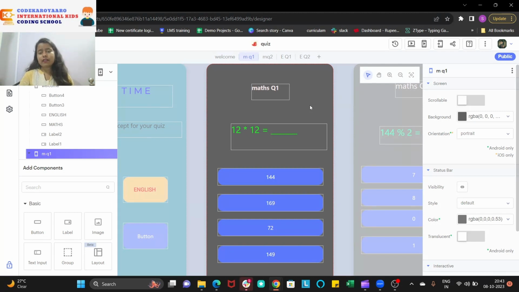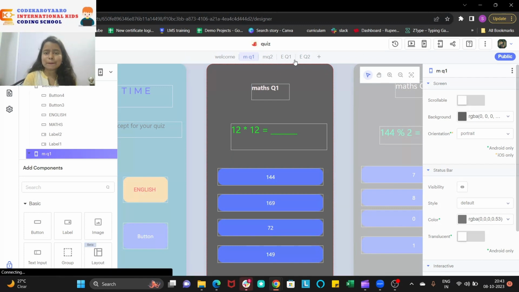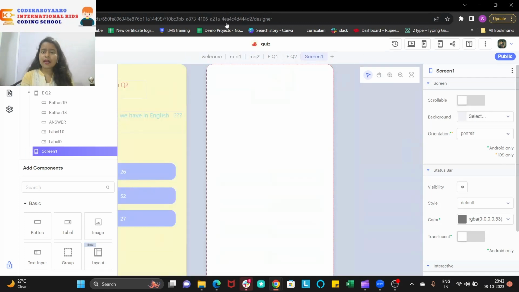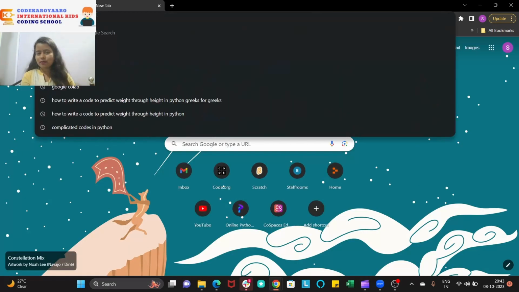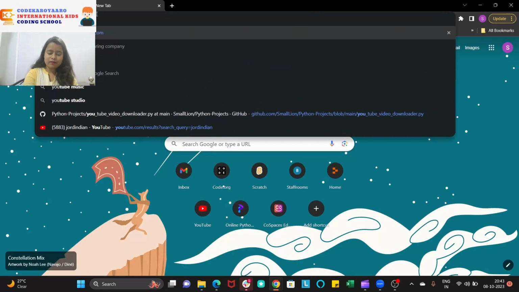Now the next thing we have is updating. Now we have this quiz application, we have questions, math question 1, math question 2 and everything. Now how can we update it? Oh yeah, I got an idea. So I am going to add another screen and I'm going to go to a new tab. I'll not tell you now what I'm going to do, so just check it out.